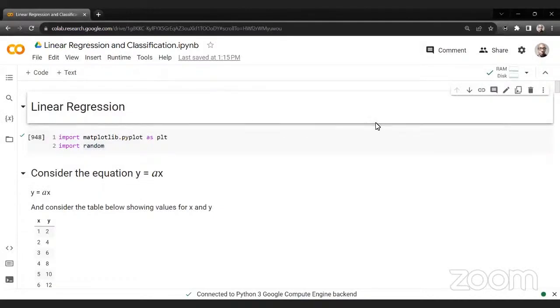And we are looking at linear regression and classification, right? But before I dive into the topic of the day,